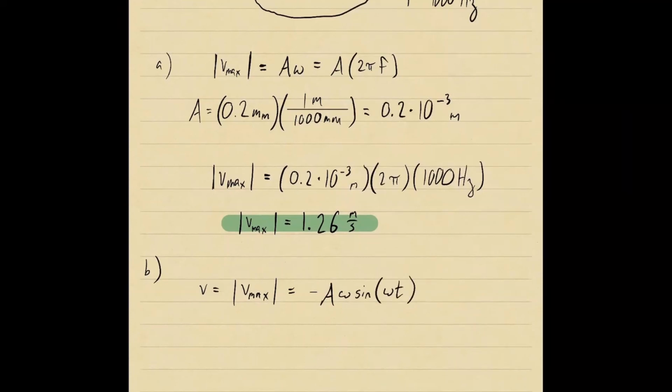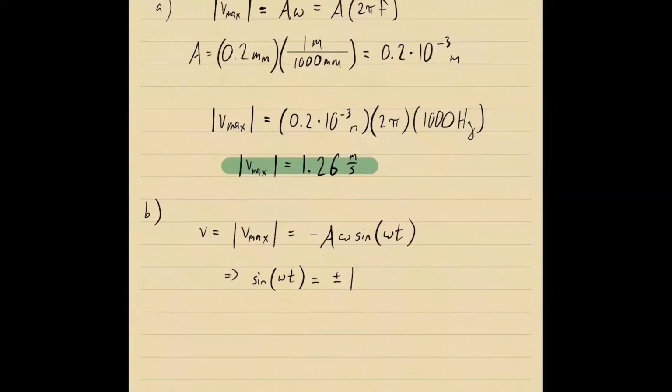So this is going to achieve its max value whenever sine of omega t is either plus or minus 1. Right? So that occurs whenever omega t,